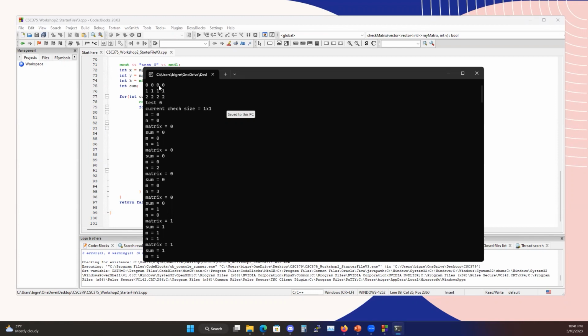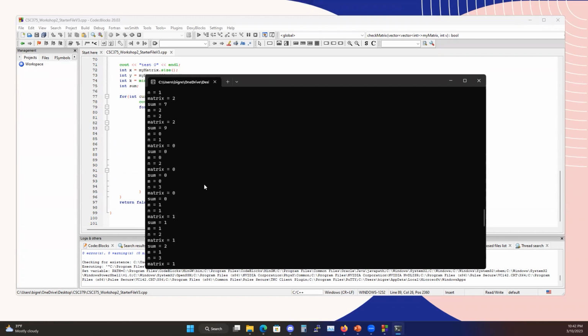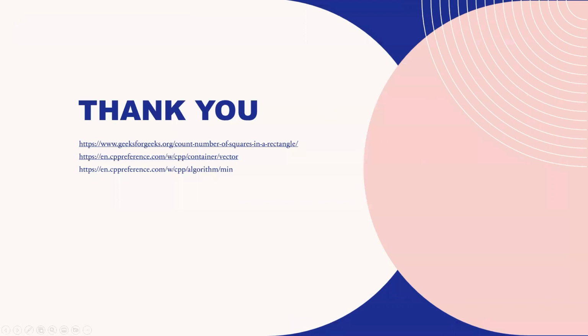And we've got zeros. This is our n elements in each of our m rows. And so we test current check size is 1 by 1. And we go by and check each 1 by 1 matrix. And it'll show when we go to the 2 by 2, and when we go to the 3 by 3 to check. And it's never going to find, the first check I put in was 100, so it's never going to find the 100. But anyways, that was my